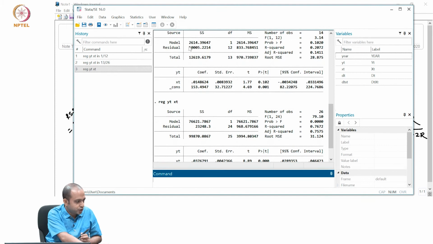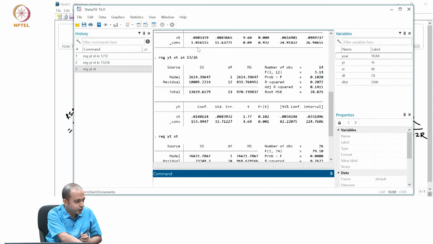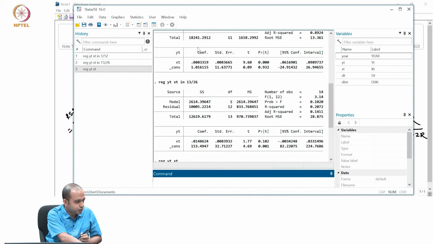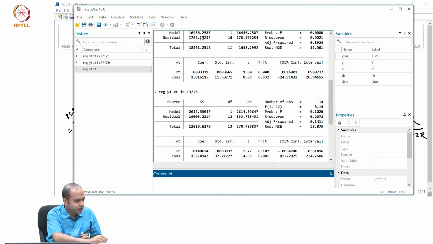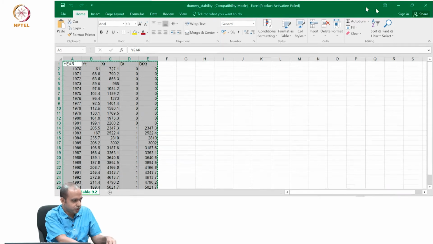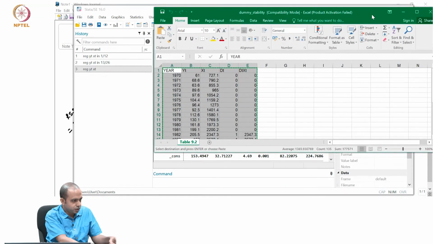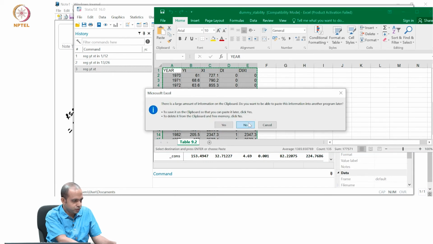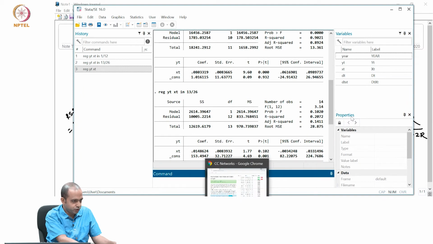The first one is 10,005, and the other is 1,785. So, I will calculate this in an Excel sheet, that would be easier for you to understand. So, what I will do, I will close this,